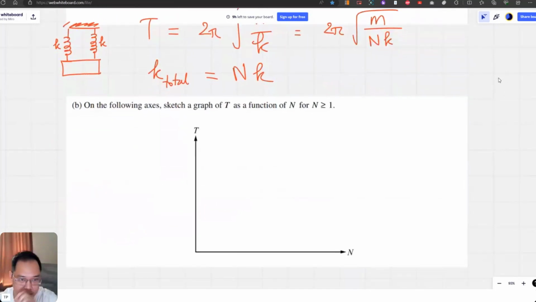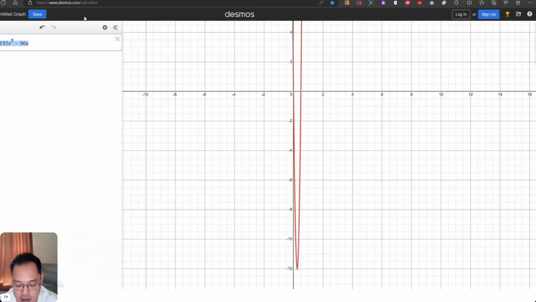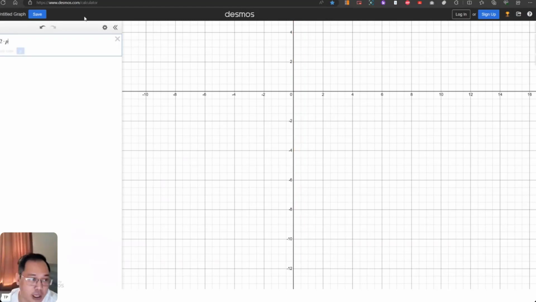Question B, on the following axes, sketch the graph of T as a function of n, for n greater than 1. This is the equation, so how do we plot the graph? Use the calculator, and the calculator will show you the type of curve of the graph. You need to find the x-intercept, y-intercept if they exist, and the inflection point or the maximum and minimum. The function is a constant 2 pi times the square root of the mass m, which is a constant. Let's take the constant like 10, the mass, 10 kilograms for example, over the number n, which is x, and then